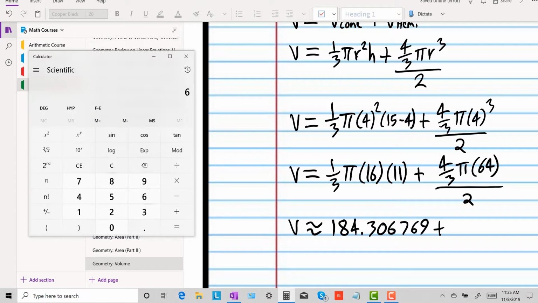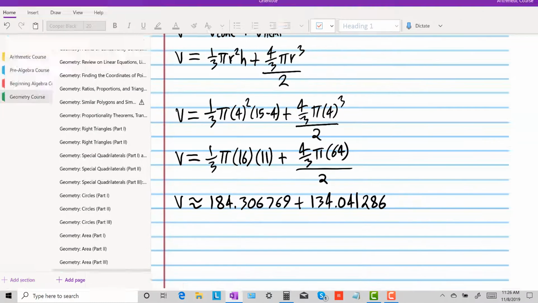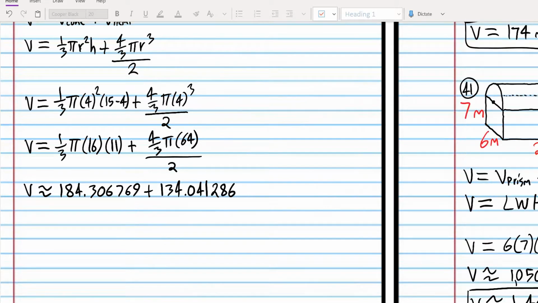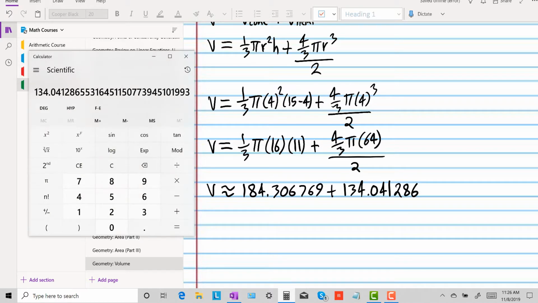A lot of different orders to do this. I'm going to do 64 times pi equals, times 4 equals, divided by 3 equals, and then divided by 2 equals, and we get 134.041. And I'm carrying out extra decimals just because I want to avoid, again, round-off error. So actually, before we get rid of that calculator, let's keep that number in there. We already have that number, so now let's just add